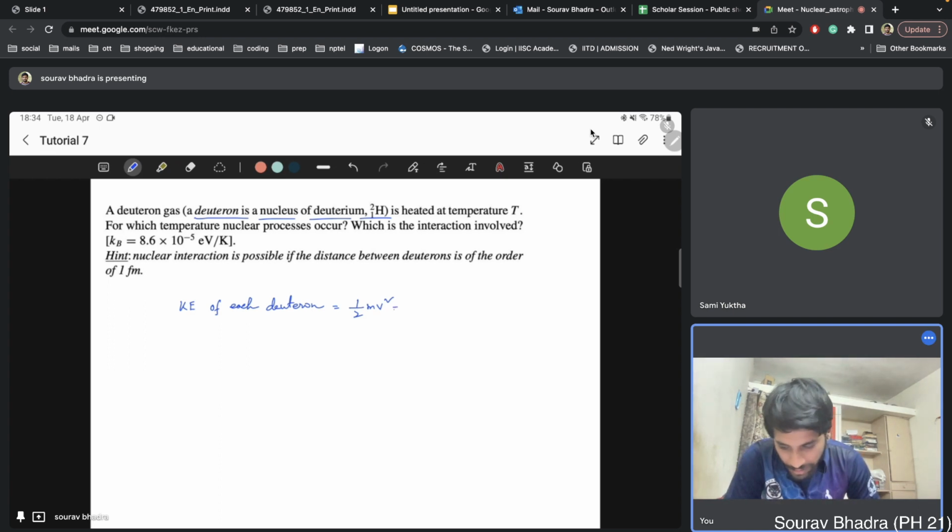This is the energy, and the reason for this energy is actually the temperature of the gas. The thermal energy is the reason for the velocity, because a thermal particle has some velocity, so it will be of the order of kT, where T is the temperature of the gas and k is the Boltzmann constant. Now,